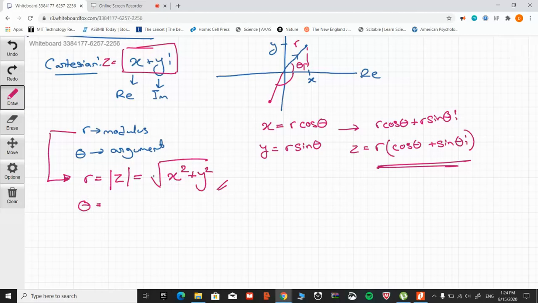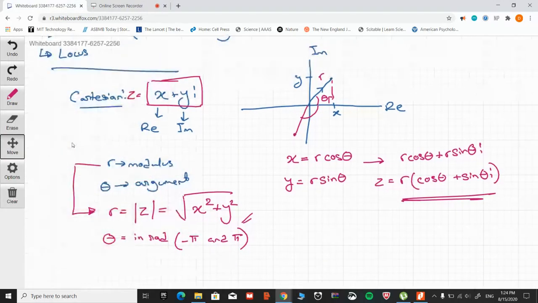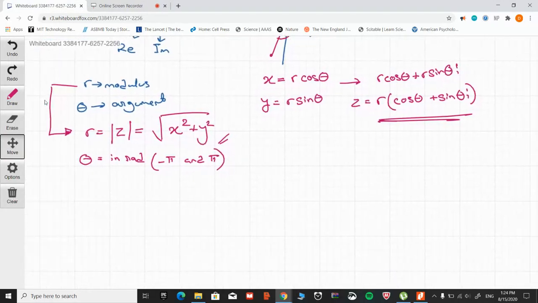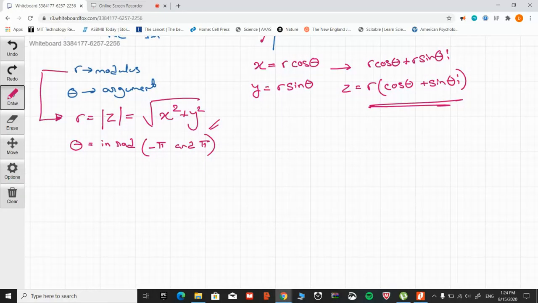So that is our principal argument in radians between minus pi and pi. So that is essentially what the polar form or the principal argument form of the complex number is. Now, hopefully, that does explain the concept to you. Now, if you do want an example, though,